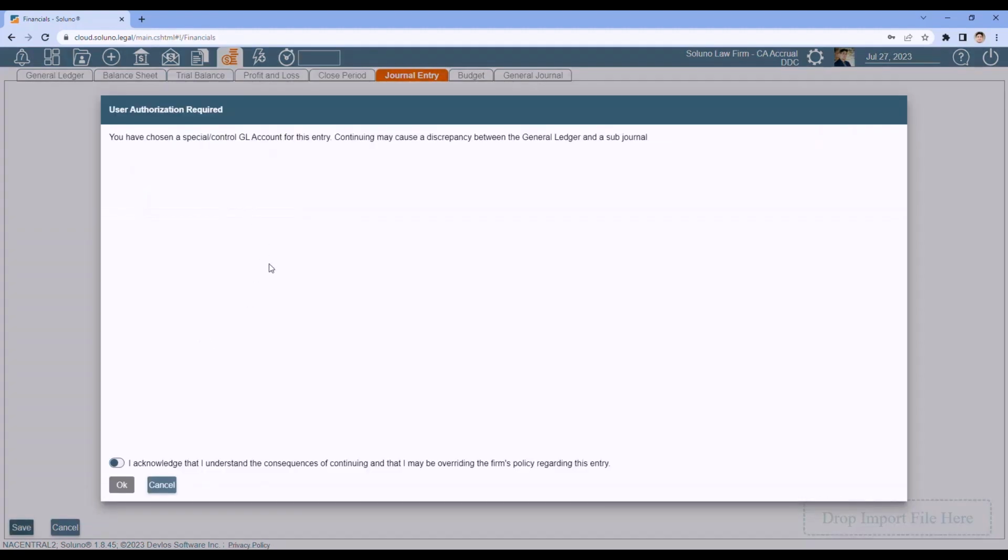This message pops up: "You have chosen a special control GL account for this entry. Continuing may cause a discrepancy between the general ledger and a subjournal." What it's telling you is that if you continue, when you try to reconcile your general ledger against your bank journal report, those numbers are no longer going to match, because that entry is only updating the general ledger. It is not touching the bank journal. So if you acknowledge this and click OK,